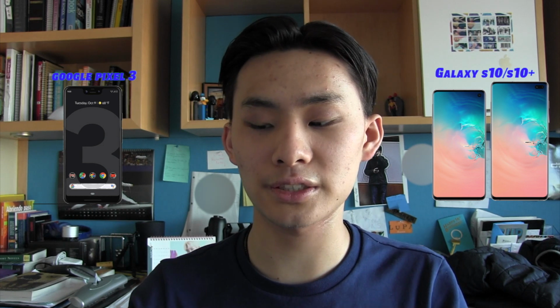Though there's also an older processor, and the fact that it's in its mid-product cycle at this point is something to consider, that it's not a new phone by any means. However, if you like that clean stock Android experience, you might want to opt for something like the Pixel 3 or 3 XL. So finally, the Mi Mix 3, a truly beautiful phone that originally debuted this bezel-less display concept